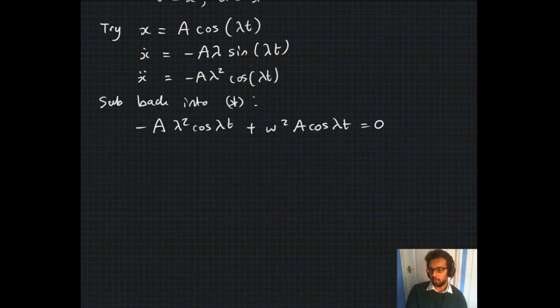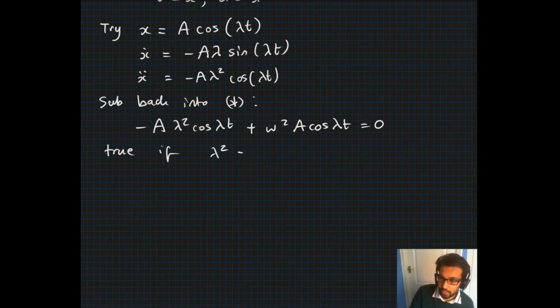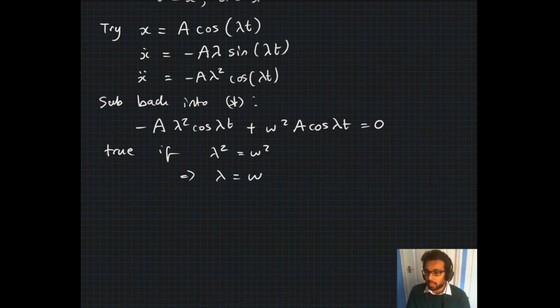Okay, so now we can look at this and clearly see that this equation will be valid. It will give us 0 if, so this is true, if we have lambda squared equal to omega squared. Okay, so this implies that lambda equals omega. Now actually this implies that lambda equals plus or minus omega, because when we square root this we get a plus or minus,